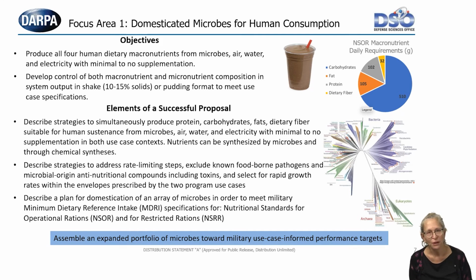We will be looking for proposals that specifically address rate-limiting steps, that definitively take steps to exclude known foodborne pathogens and contamination, and any microbial origin anti-nutritional compounds. And we will be looking for approaches that can feasibly fit within the envelope prescribed by the 2 program use